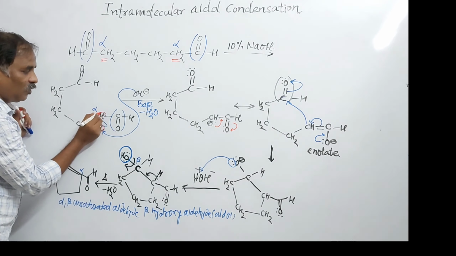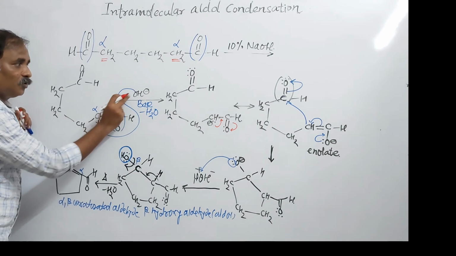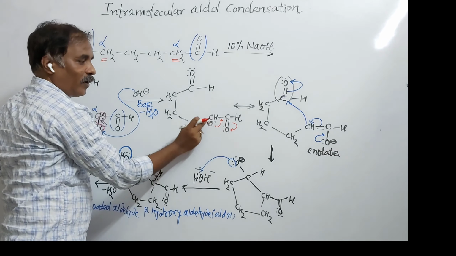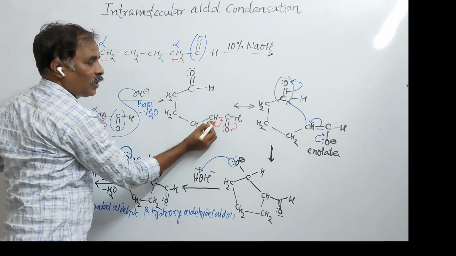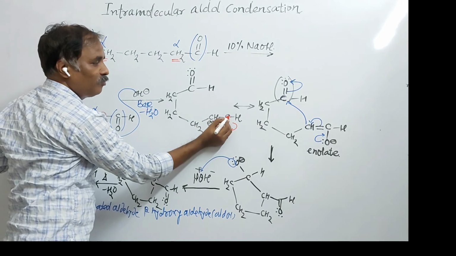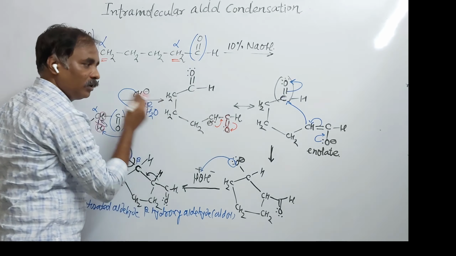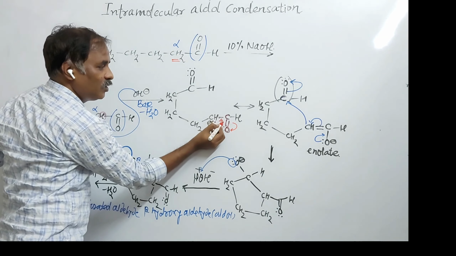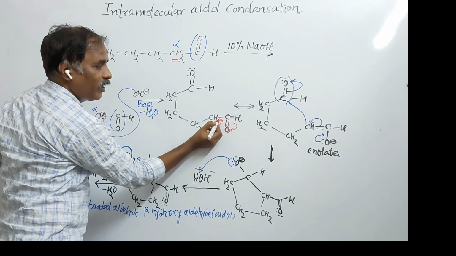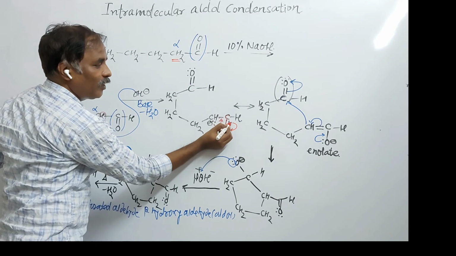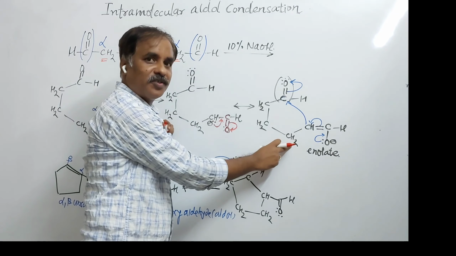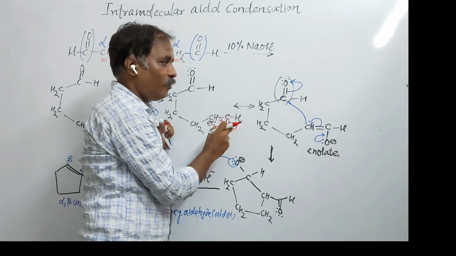Whatever hydrogen atoms are present on the alpha carbon, these are acidic. So this base will abstract one alpha hydrogen. So breaking of this and formation of a carbanion, it is like this. Now resonance stabilization of the carbanion, because here a lone pair of electrons is there and this is in conjugation with the carbonyl group, a multiple bond. So this will delocalize, resonance shifting of these electrons here, that is, a double bond will form here. This carbon will be pentavalent, so breaking of the pi bond and shifting of electrons towards oxygen. This is the resonating structure of this. This is the stabilization of the carbanion.